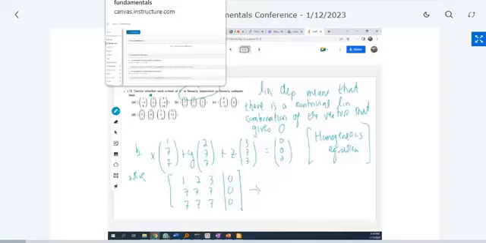I can take R2 over 7, and I can take R3 minus R2. And that's going to give me 1, 2, 3, and 0, 1, 1, 1, and 0, and 0, 0, 0, and 0. Okay. And then, of course, I can take R2 minus R1,